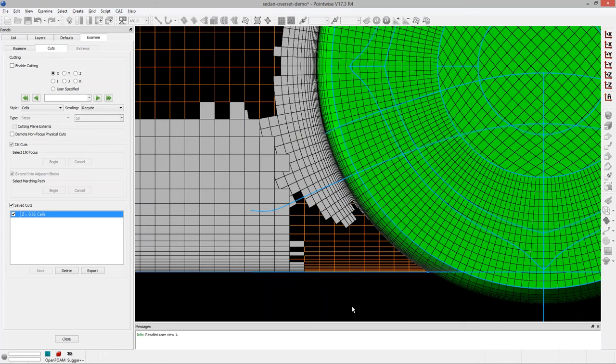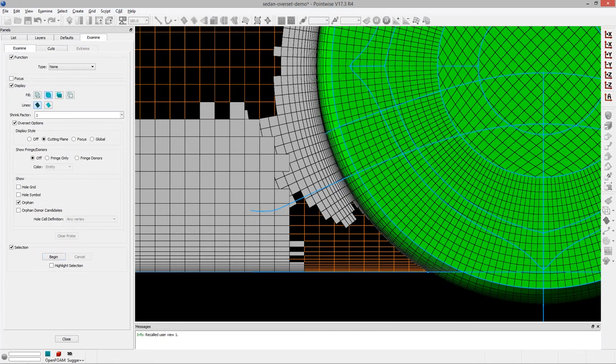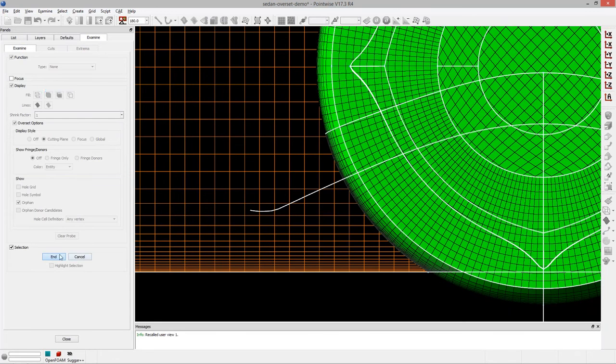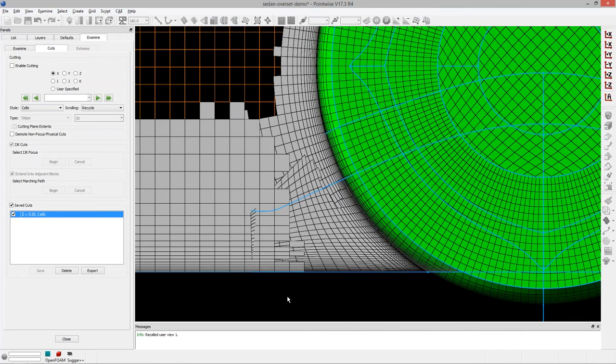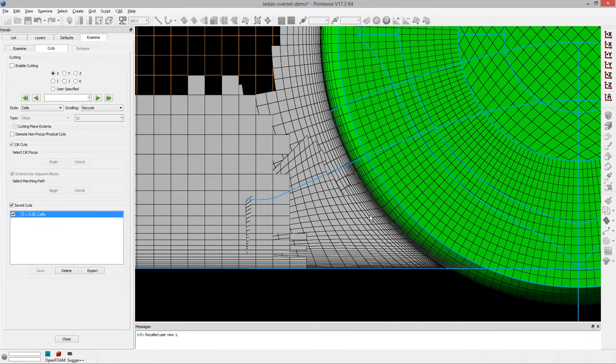Now, what we typically use to fill voids like this is called a collar block. The purpose of that collar block is to grow off of both of these surfaces, the wheel surfaces and the ground plane in this example, simultaneously, to fill a void left by two intersecting bodies. Okay, so I'm going to bring in a collar block, take the same cut, and you can see what that collar block does. Again, it fills that void, it provides the resolution we need off of the wheel, and the resolution we need off the floor.